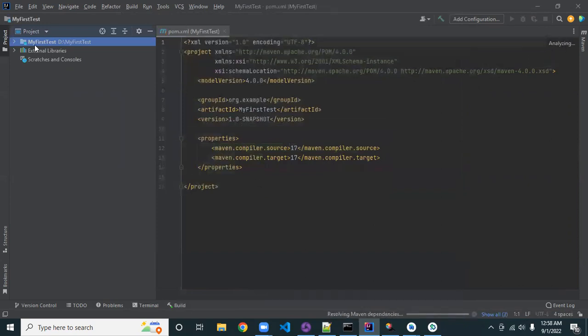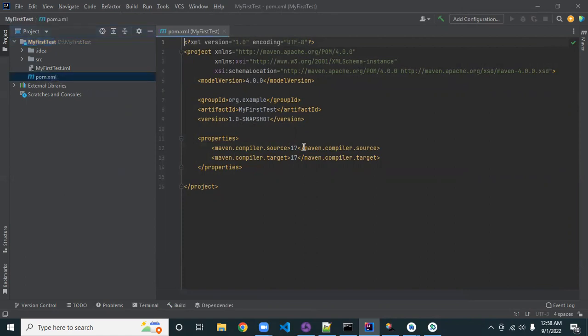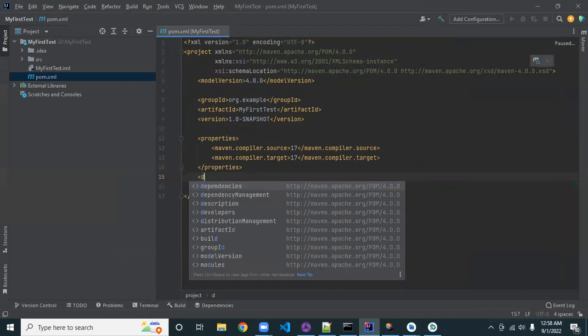So you can see this project is created with this kind of structure. Okay. The first step we have to do, we have to open the pom.xml file. In the pom.xml file, we have to put some dependencies. The first dependency we have to put is io.appium. Okay, so let's create a dependencies